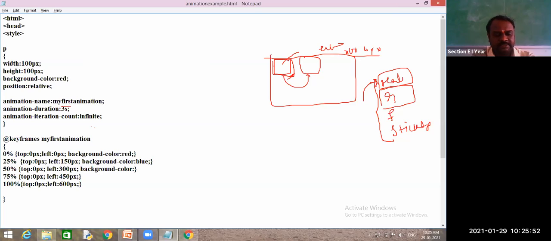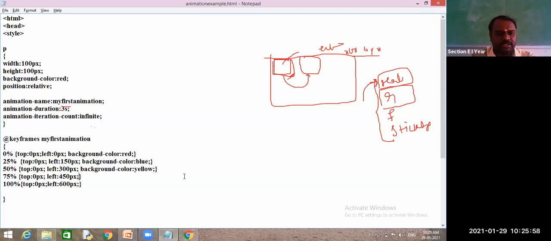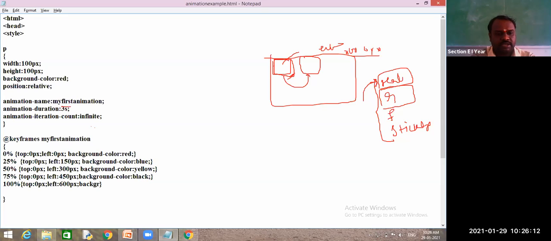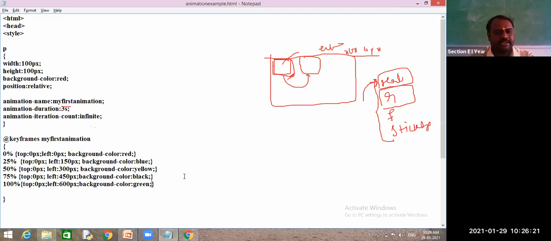Tell me another color. Yellow. Next, in the same way, I need to come back or give any other color. Background color, black. Very good. And at last, if you need the same color, you can give the same. Otherwise, green. This is my color.